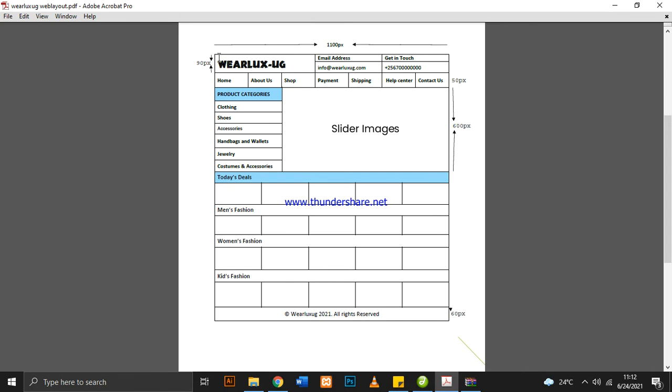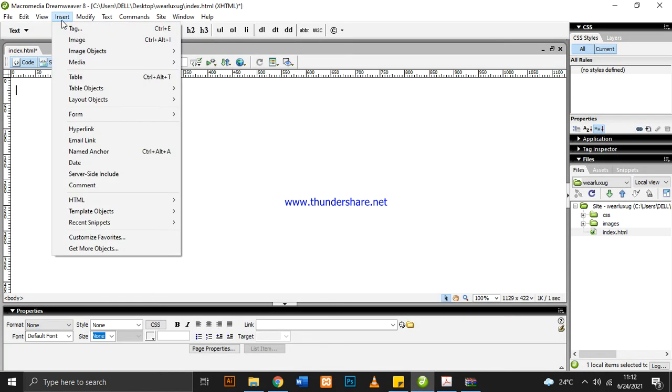This table here is the table where all these other tables are found. So that is the first table we do. So now how do we do that? We are going to go to insert, we go to table,